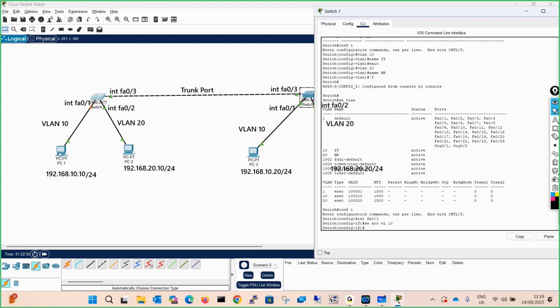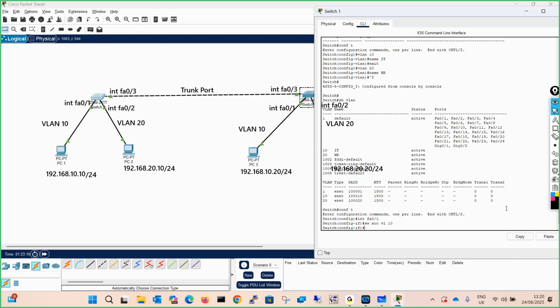Now over here, this PC is connected, so this PC is a member of VLAN 10. The IP scheme of VLAN 10 we have set is 192.168.10.10. For now, don't give any switchport mode access command, we will see this later.